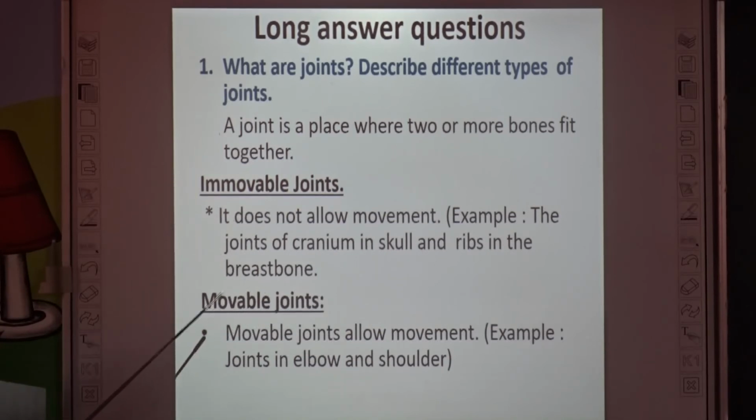And the next one, movable joint. In the name itself, movable joints allow movement. Immovable means it does not allow movement. Movable means it allows movement. The examples are the joints in the elbow and shoulder. So movable joints allow movement. And the next one,